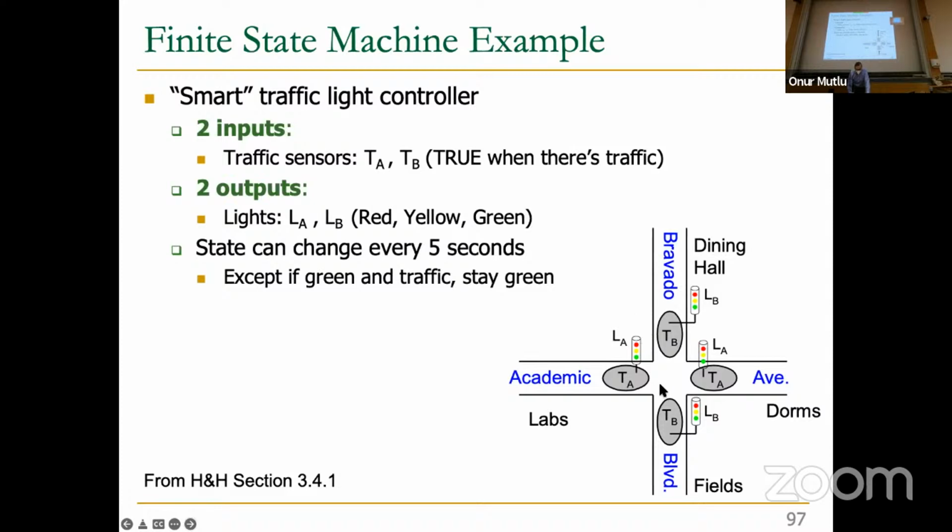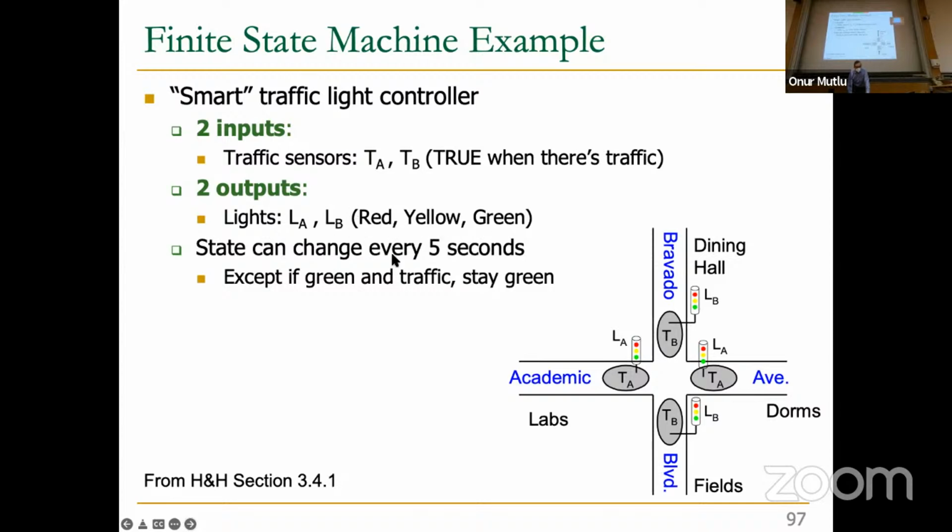No, traffic lights, let's say. I think light A and light B, I should say. Light A is replicated on Academic Avenue, and light B is replicated on Bravada Avenue. You have 2 inputs, traffic sensors TA and TB. Basically, these are true when there's traffic on the corresponding boulevards or avenues. And you have 2 outputs where the lights could be red, yellow, and green, 2 different